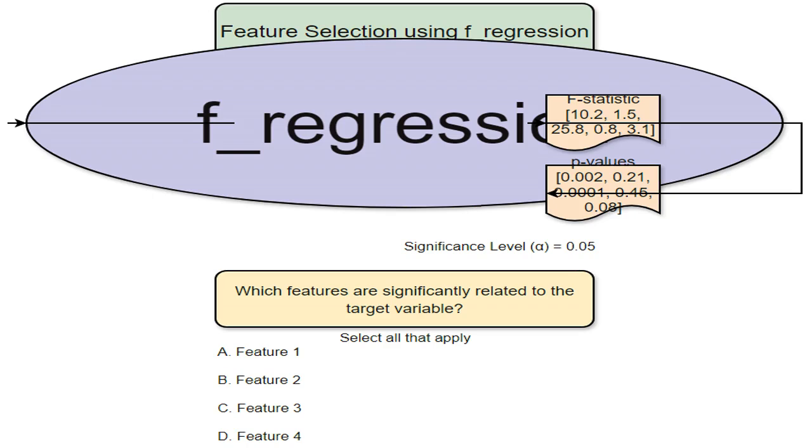These numbers tell me the probability of getting the results I saw if there was no actual relationship between the feature and the target variable. A lower p-value means it's less likely I saw this result by chance alone, suggesting a strong relationship. For example, a p-value of 0.002 is highly significant, suggesting a strong relationship, while a p-value of 0.45 is very